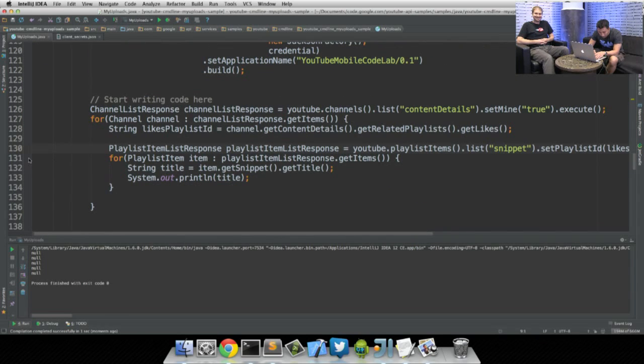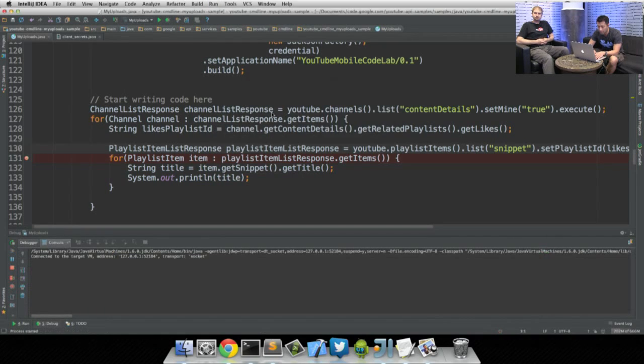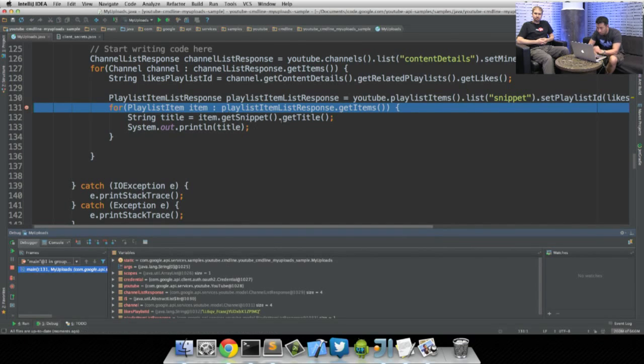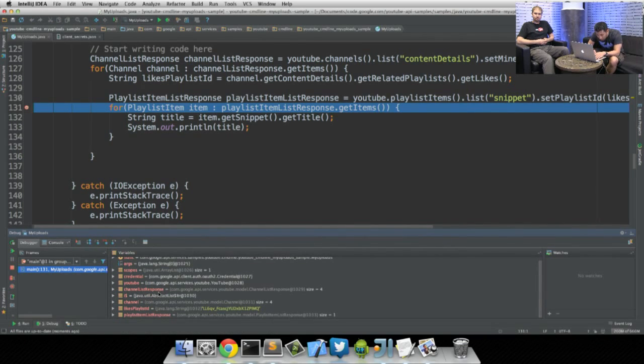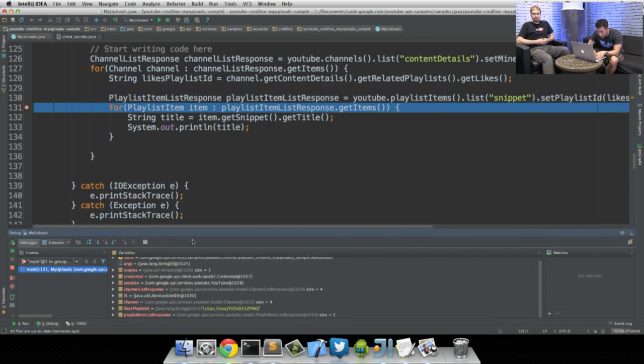So I'm going to click here to set a debug breakpoint. I'm going to run, and I'm going to call debug in my IDE. Now, we've made the API call already. So I wish I could blow this up. Maybe there's a magnifying glass thing I can use. Well, just try this out, and you'll see what I mean. When you go down here into the debug window,